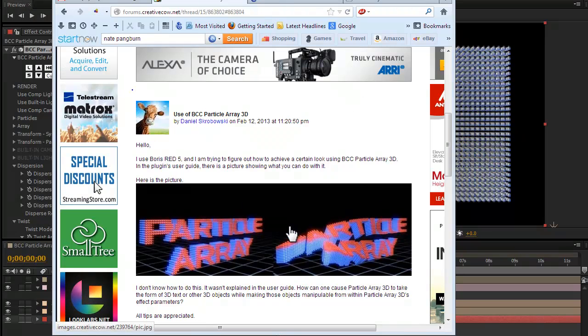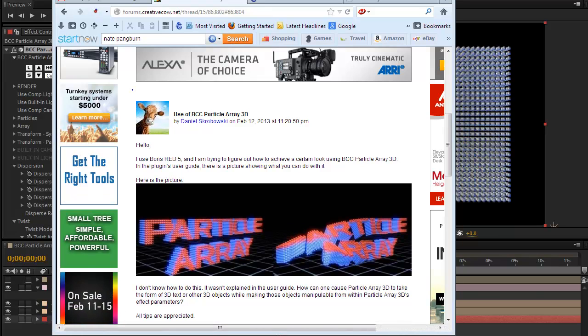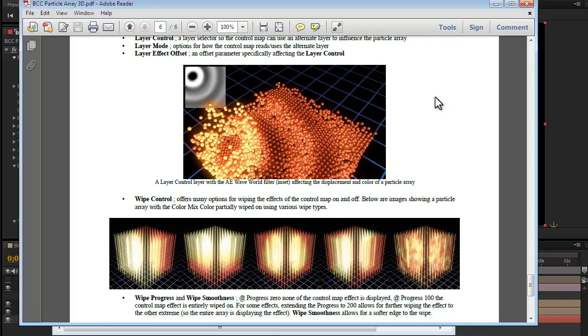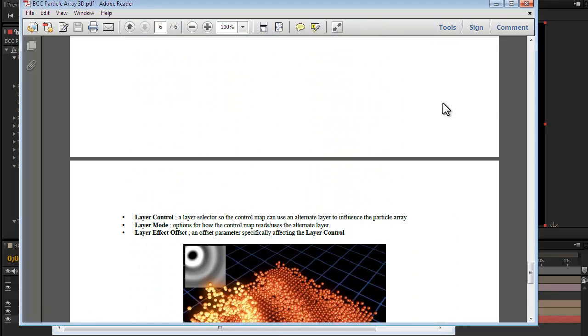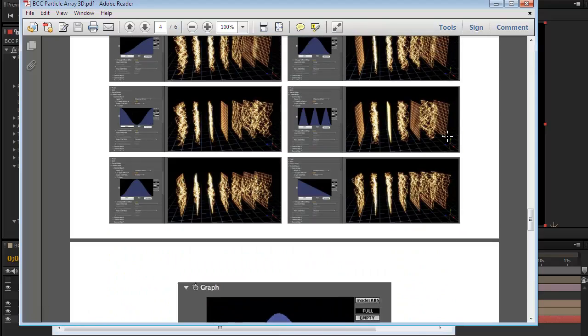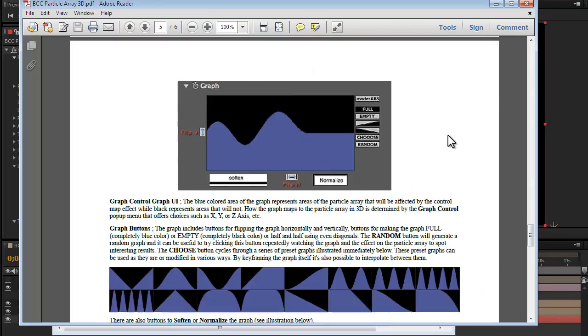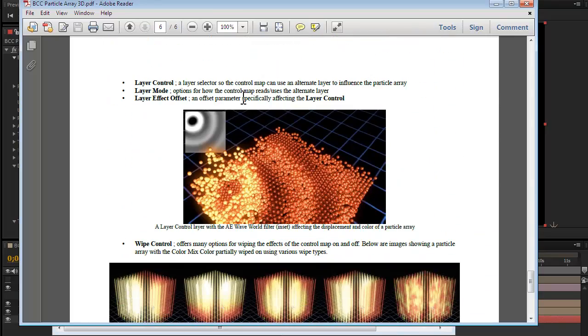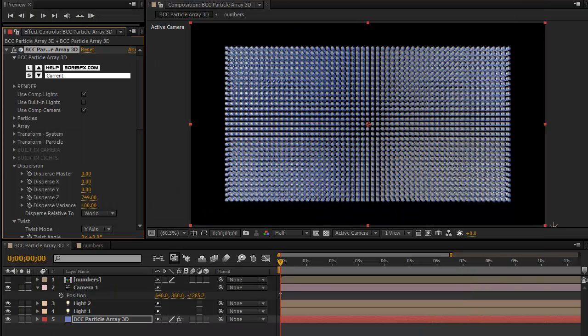And the key here is control maps. If you want to look at the relevant part of the documentation, under control maps it talks a bit about using the graph part of the control map, but beyond that, this image is driving this. There's a bunch of different things you can do with control maps, and they aren't nearly all illustrated there. So here I have BCC Particle Array 3D, and it's arranged as a